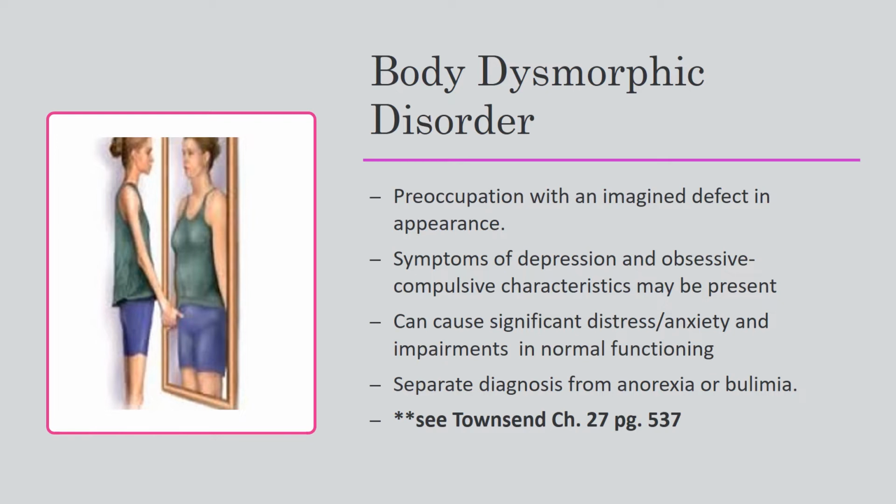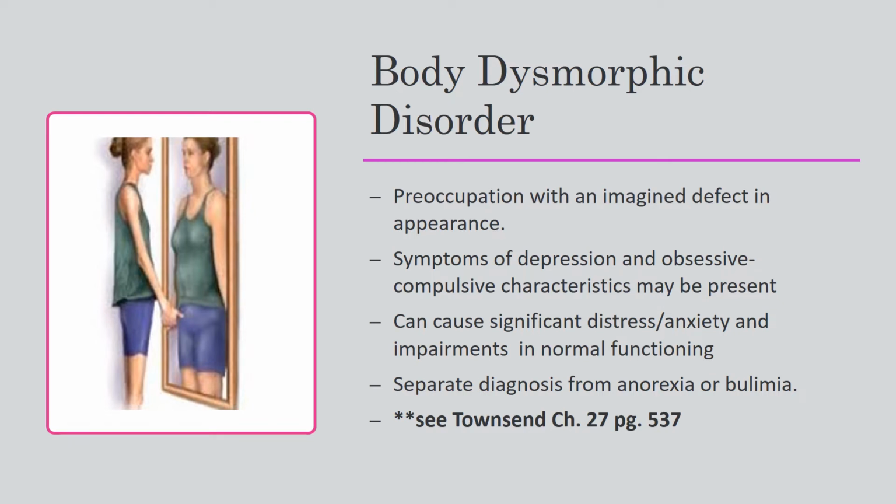Some of the common imagined defects include flaws of the face or head, such as wrinkles, scars, shapes of the nose, facial asymmetry. Those are just some of the common ones specific to that general area. They may also feel like they have flaws related to their ears, eyes, mouth, teeth. Usually, we hear about body dysmorphia a lot when talking about bulimia or anorexia, but it is a separate diagnosis from those things. Body dysmorphic disorder can perpetuate those other diagnoses or issues, but it is a separate thing in